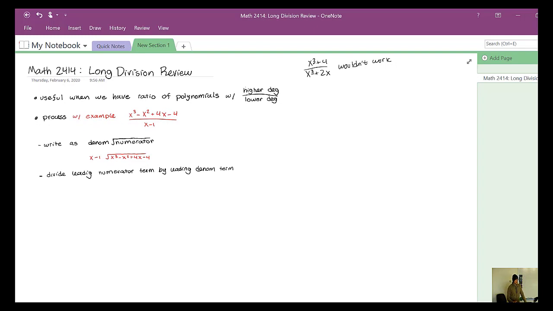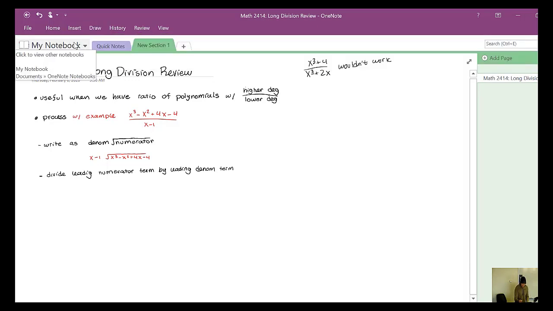So just demonstrating the process for this example right here, x cubed minus x squared plus 4x minus 4, all divided by x minus 1. We should start out by writing it in this format: denominator, roof, numerator. So let's all get that down. The next step after that is we're going to take,